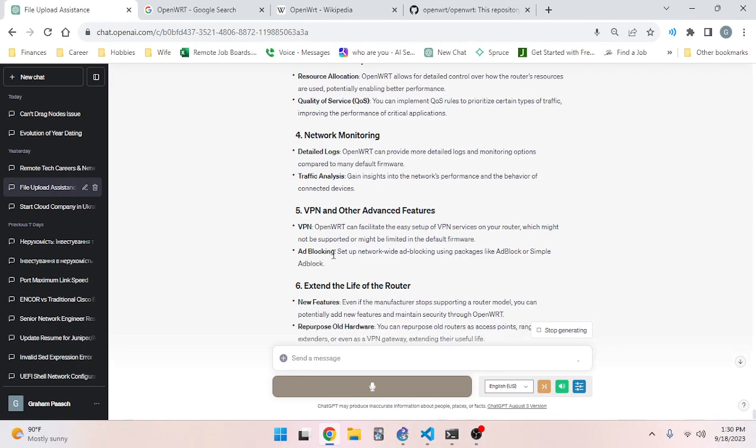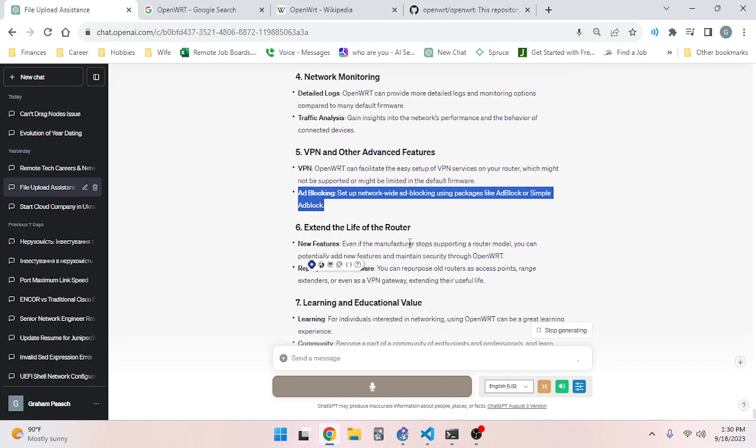Ad blocking. Set up network-wide ad blocking using packages like AdBlock or Simple AdBlock. That would be worth it. 6. Extend the life of the router. New features. Even if a manufacturer stops supporting a router model, you can potentially add new features and maintain security. That would be huge as well, because you could get like a huge beefy